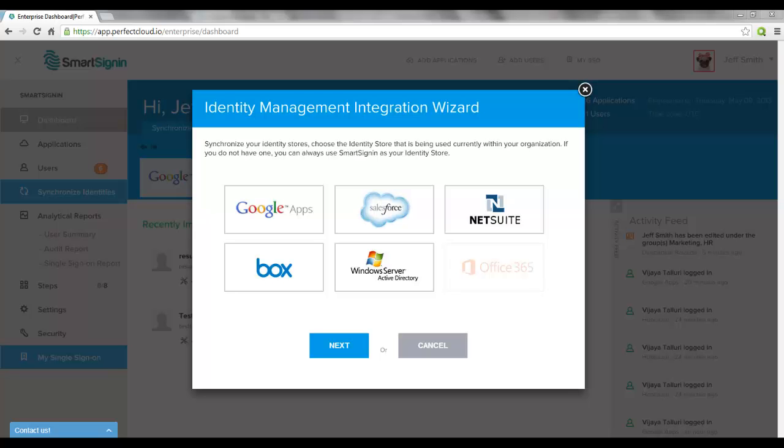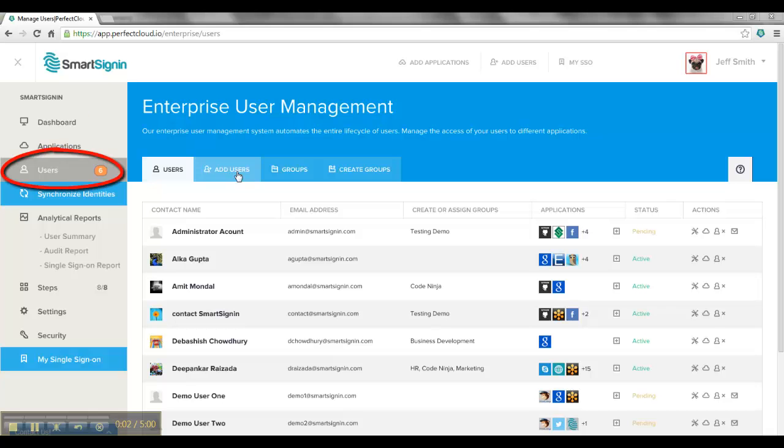After selecting Active Directory, you will be prompted to download the SmartSignin agent that will enable a secure connection. The agent can be installed on any system you wish and configured by you to securely connect through any port you may require. Here in the Manage Users tab, you can view the users and user groups that were just